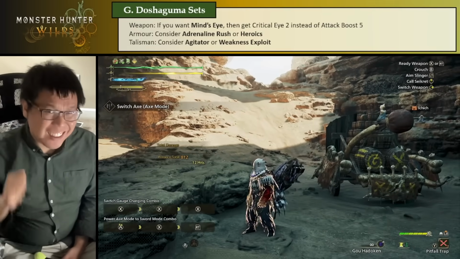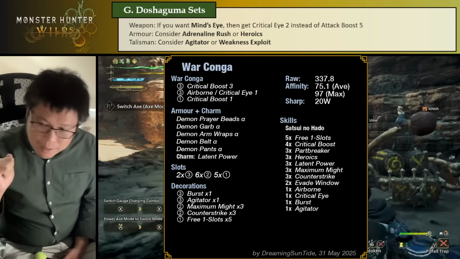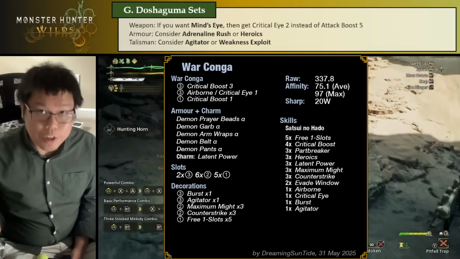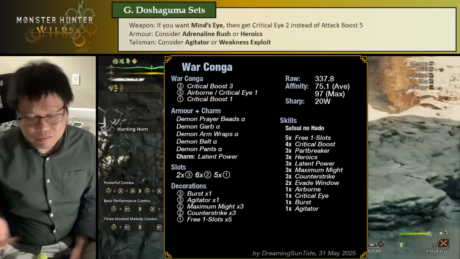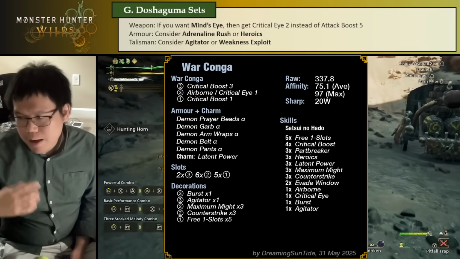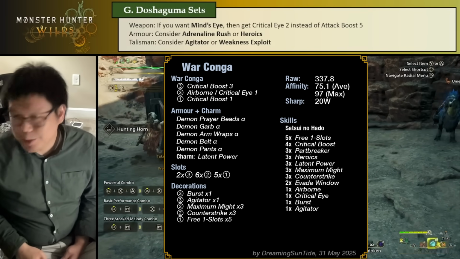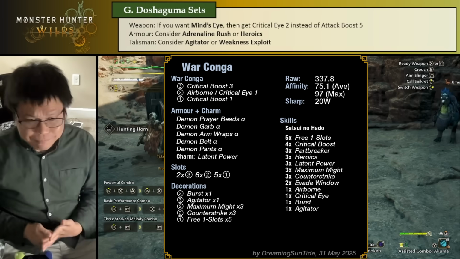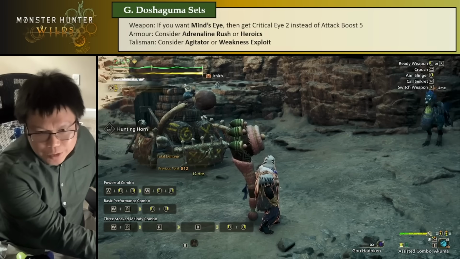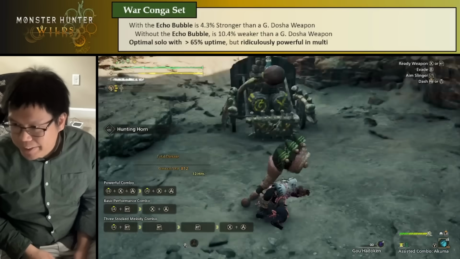Now, I did mention before that Hunting Horn buffs are actually really good for Akuma, and I think that's really important, because a lot of Hunting Horn buffs are really strong, and usually when you change weapons, the cooldown decreases, and it's a bit annoying just changing from a Hunting Horn to a main weapon. But with Akuma, you can buff yourself and then immediately get back to punching, which is great. And if you do that, the best build ends up being to use the War Conga Hunting Horn,